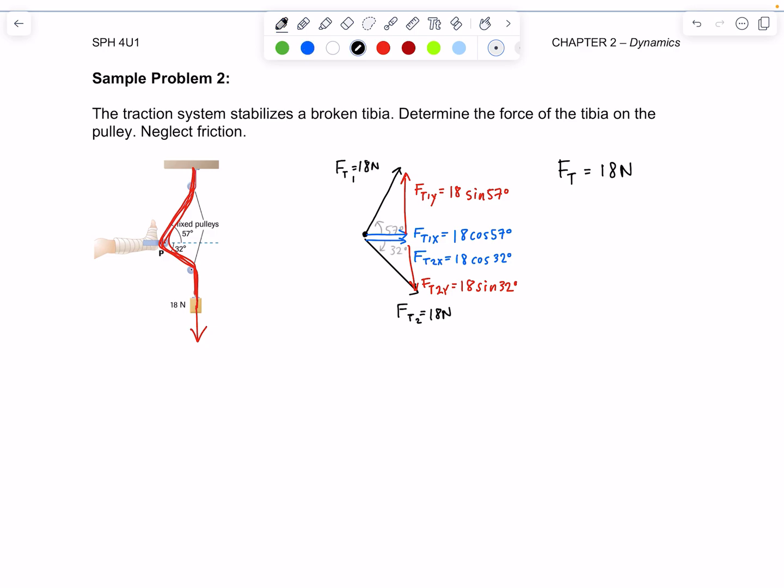So let's establish that up and right are positive. And in this situation, the tibia will be exerting a force in this direction. We'll call this the force that the tibia is counterbalancing. It can be broken up into force tibia x and force tibia y. So let's find the sum of the forces